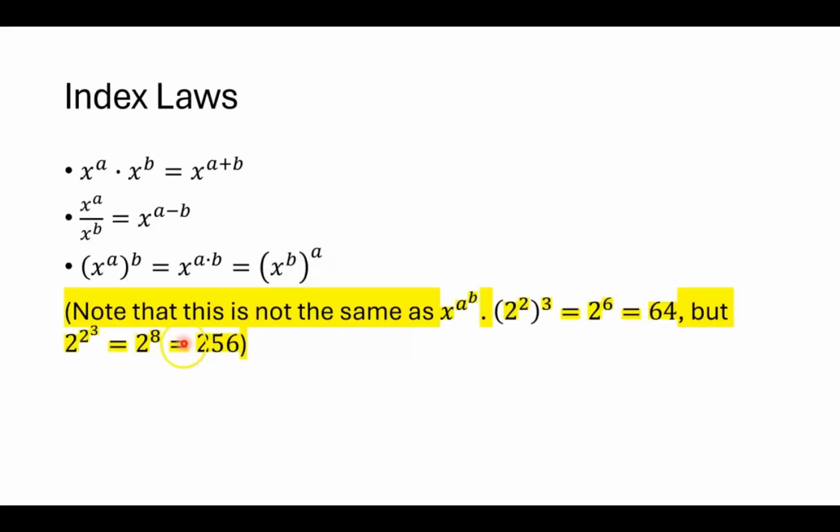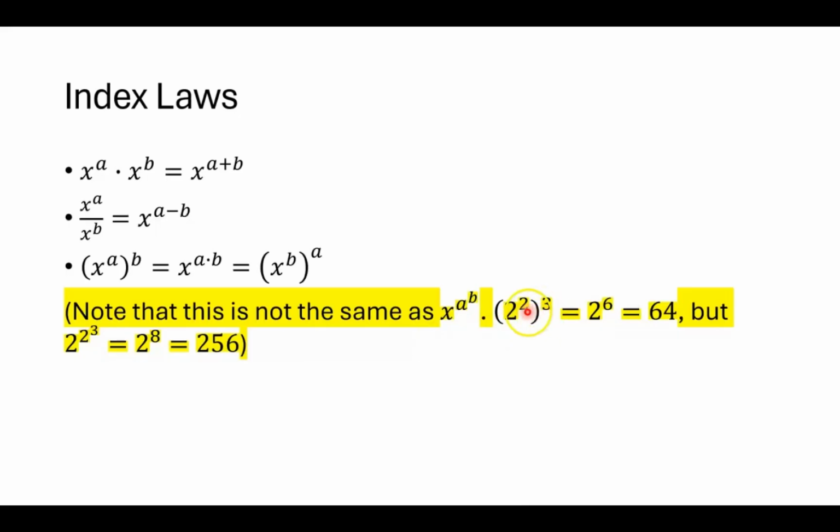But you need to be aware that this is not the same as x to the power of a to the power of b, which has these things stacked higher and higher. Notice that I didn't have a bracket around x to the power of a here, but I have a bracket around here. The reason for that is because if you have a bracket around, then it means that index law applies,